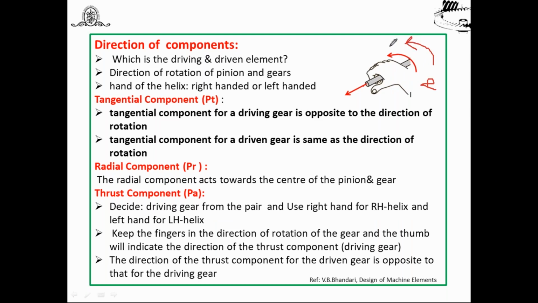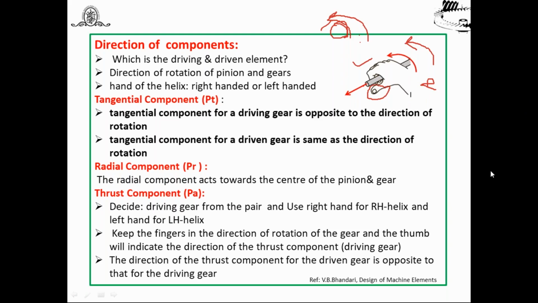Then in this case, again this gear is, suppose, right hand, and it rotates in which direction? Look at this, in anti-clockwise direction. So what you have to do is take the gear here and put your finger here. If it's a right, use the right hand. Here it is shown in the figure. Put the hand on the gear in the direction of rotation in this way. Here it is shown in the diagram. That means right hand, and in the direction of rotation you have kept your hand on the gear. At that time this thumb indicates the direction of the thrust component of the driving gear.